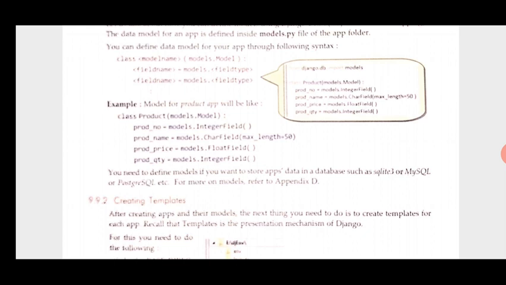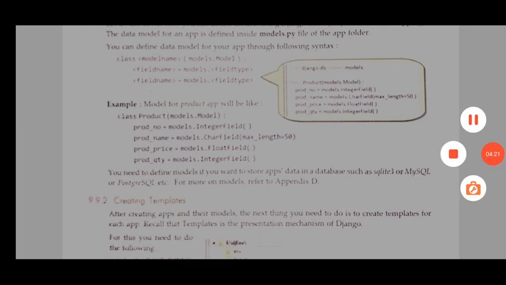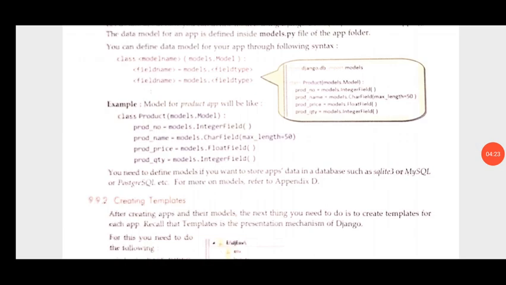So this syntax is important for how to create a model. We need to write class, model name, models.Model, then field name, then again field name. These are the fields that we are creating inside a model. For example, here prod name, prod number, prod price, prod quantity are the names of the fields that we are creating inside the product.